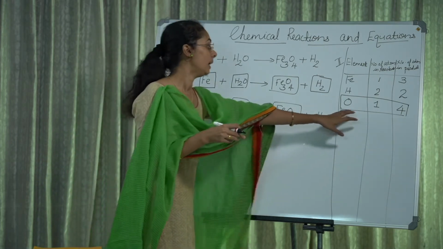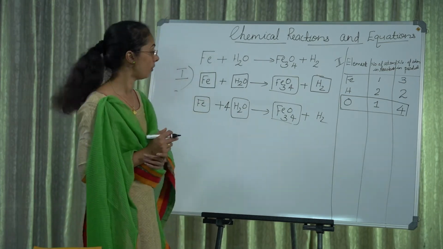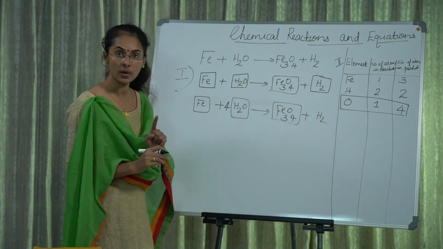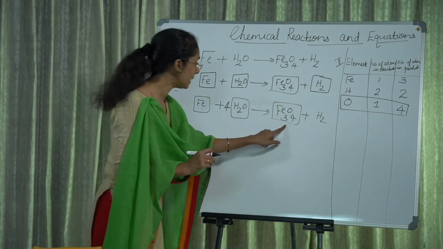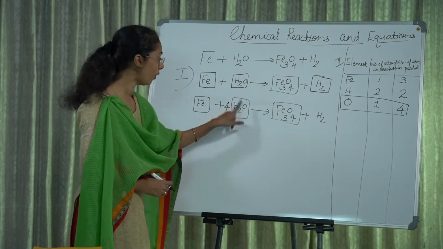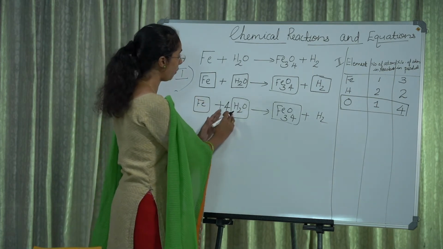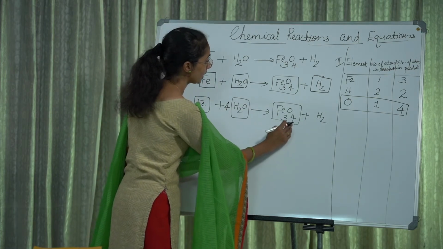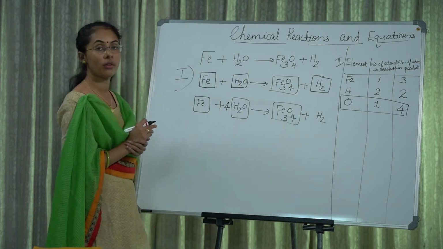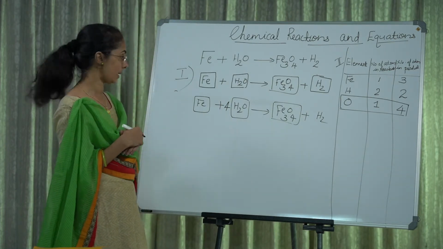First I take the case of oxygen. On the product side, the number of oxygen is 4. In the reactant side there is only one oxygen. Then we can balance by using the number 4. Here 4 oxygen. Okay. Then Fe plus 4H2O gives Fe3O4 plus H2. On these two sides the number of oxygens is the same. Then next step,